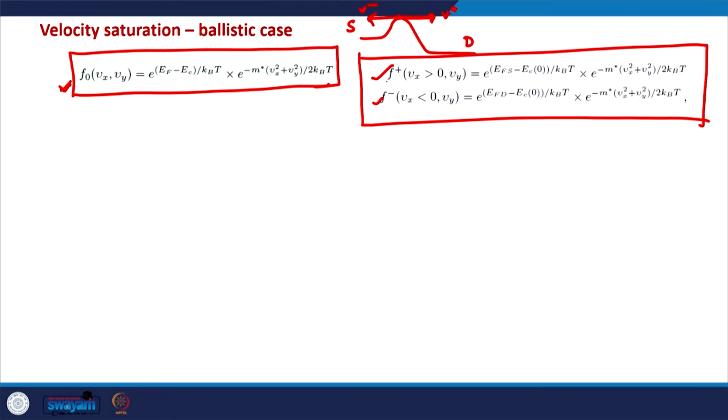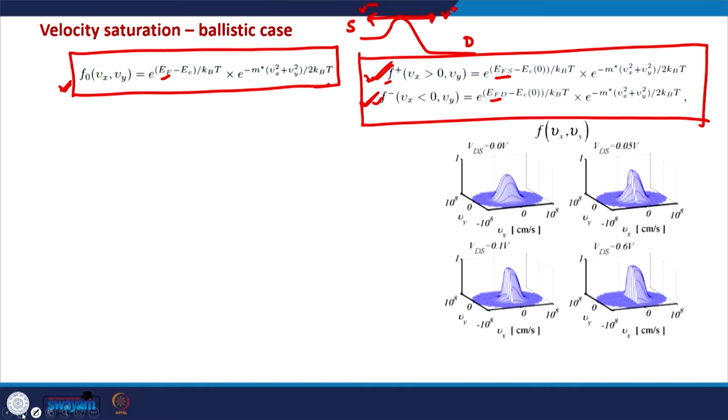And that is why in f plus instead of EF we have EFS, and in f minus instead of EF we have EFD. So, if we try to understand what is the velocity distribution for the electrons coming from the source side, that is given by f plus, and the velocity distribution for the electrons coming from the drain side is given by f minus. So, this is